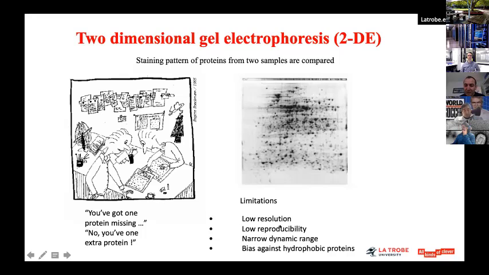The narrow dynamic range, because here maximum a couple of hundred spots, and if you know that the proteome of humans involves more than 20,000 proteins, we are so far from seeing these thousands of spots. So again, narrow dynamic range was really a problem. But mainly, the problem with those 2D PAGEs was the fact that hydrophobic proteins were extremely difficult to analyze. They had a tendency to aggregate in the first dimension, and you would never transfer them into your second dimension. This is why